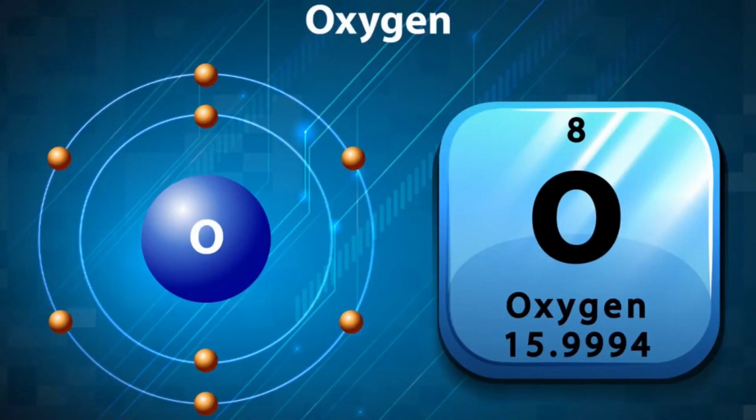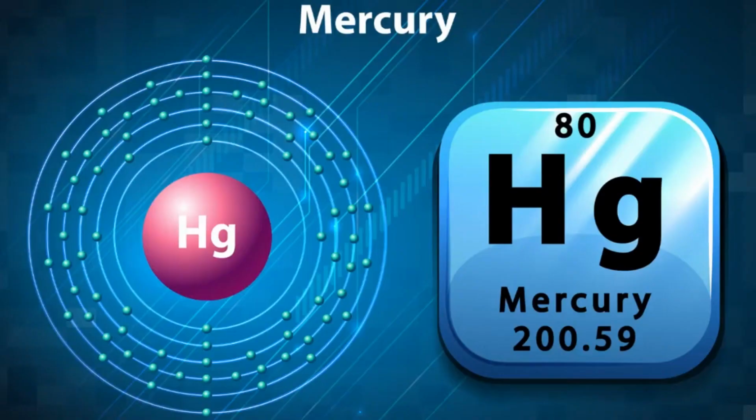As you may remember, the numbering of the chemical elements is based on the number of protons in the nucleus. So oxygen, which has the atomic number 8, has 8 protons in the nucleus and 8 electrons orbiting around it in the shell. In addition to that, there are 16 neutrons in the nucleus. The number of neutrons is always double the number of protons. Mercury has the atomic number 80. That means that there are 80 protons and 160 neutrons in the nucleus and 80 electrons orbiting around it in